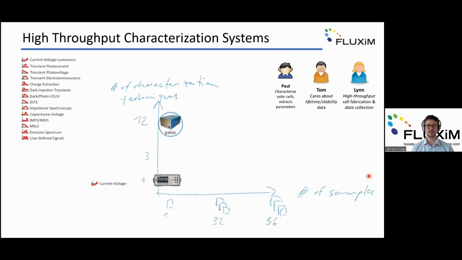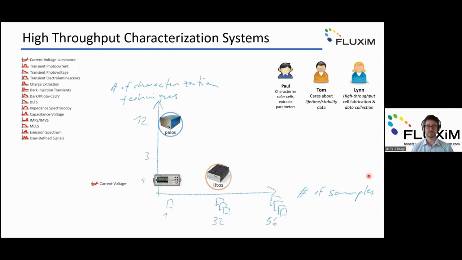Or he could decide to analyze the single solar cell in more detail, by using a combination of different experiments, up to 12 or 13 different experiments, which are going to give a better idea about the physics of the device itself. There is Tom, who is going to perform current voltage characterizations or MPP tracking, stability analysis at constant voltage and constant stress, constant current